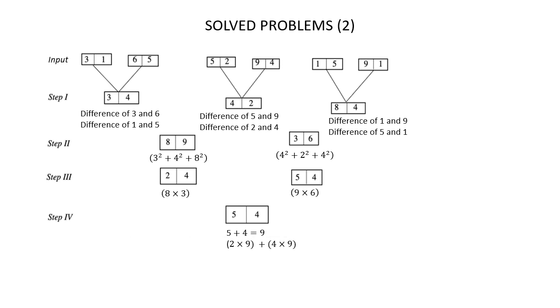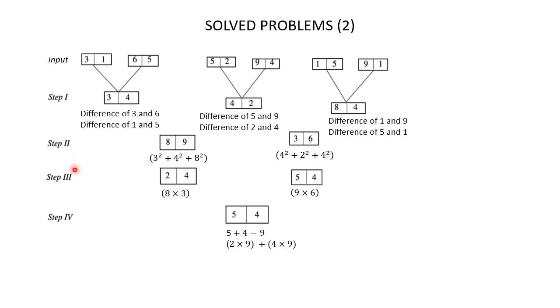So 89 and 36 are the two numbers in step 2, and each of these numbers is written within a box and each number is split into its respective digits. Now let's move on to step 3. In step 3 there are two numbers, and when you observe